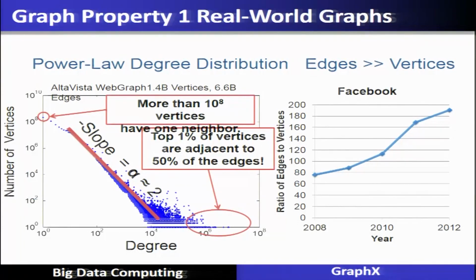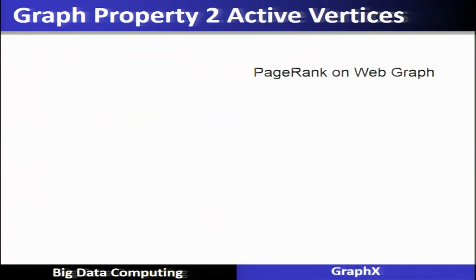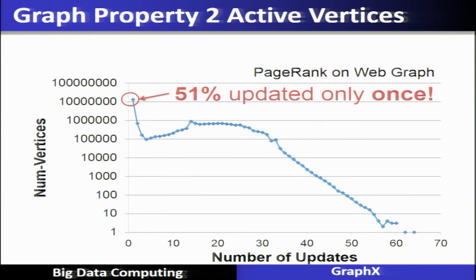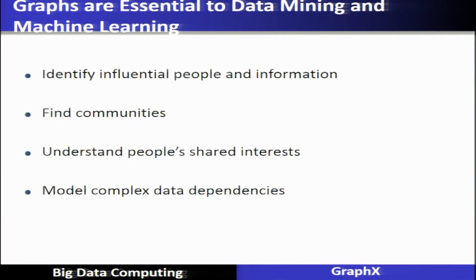So we can see that with all these internal implementations and optimizations of GraphX, even the power-law distribution of large graphs, such as Facebook's, can easily be supported. Another property is about active vertices. It is not the case that the entire graph is modified all the time; only the active vertices are touched. Hence, tracking of active vertices will improve the performance.